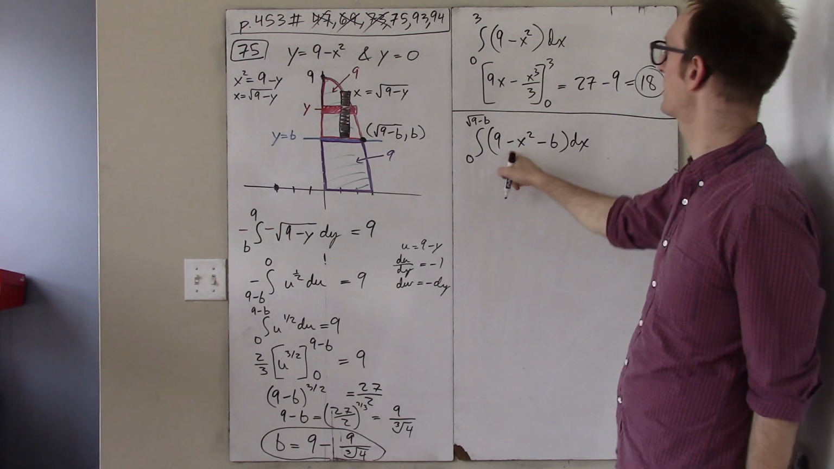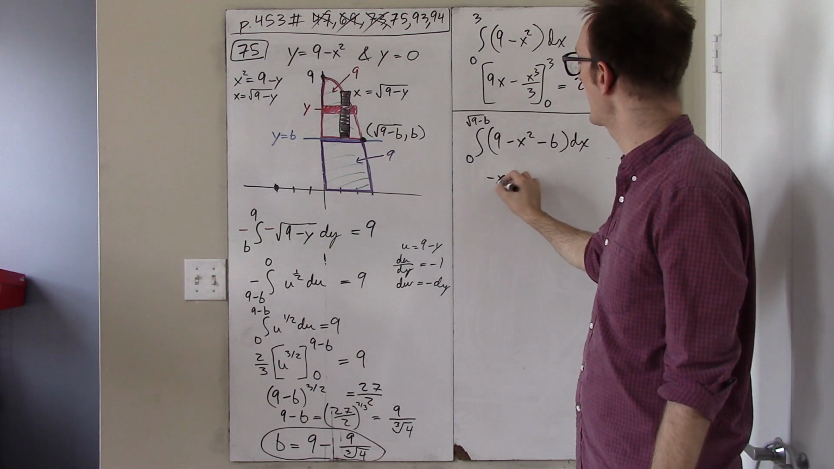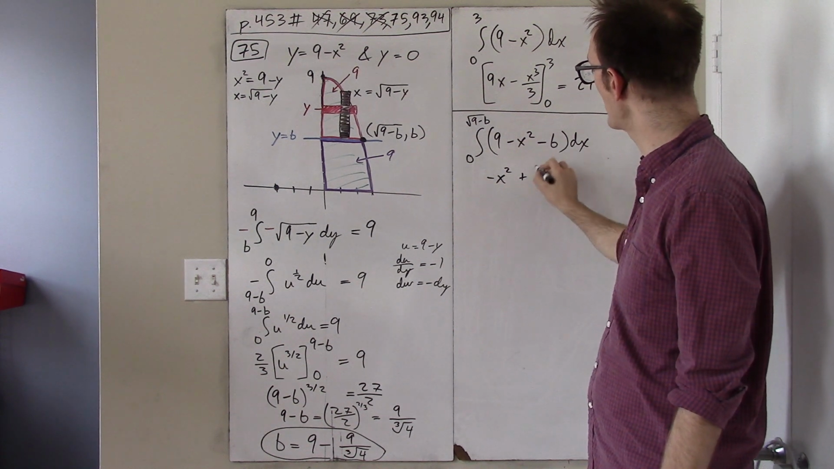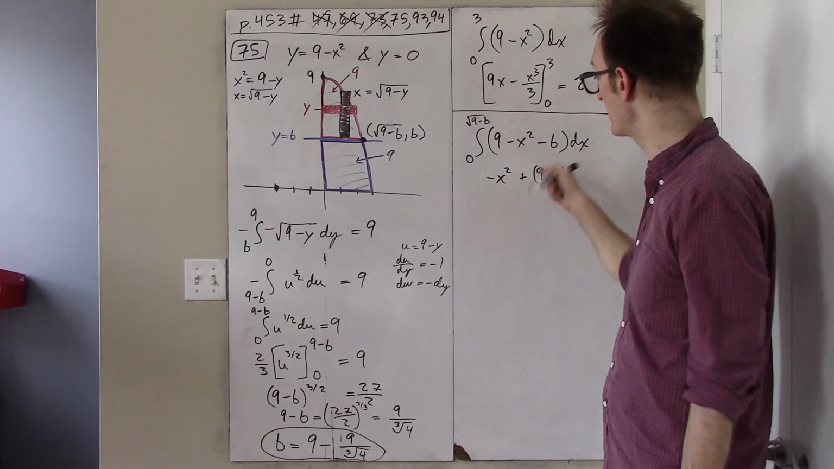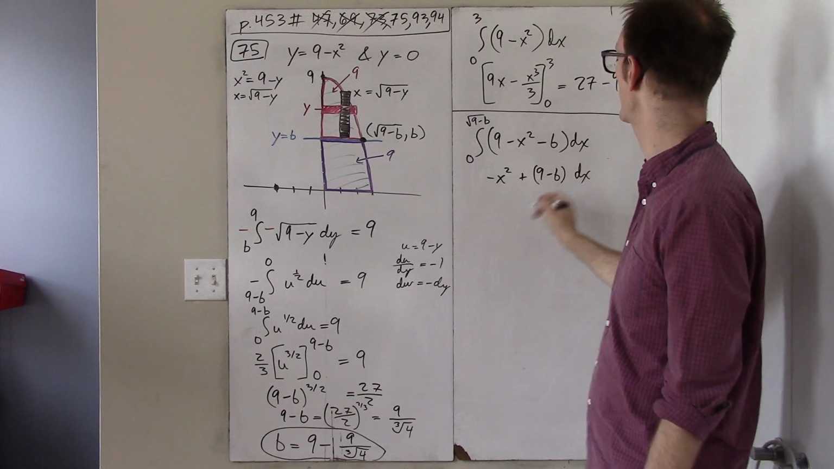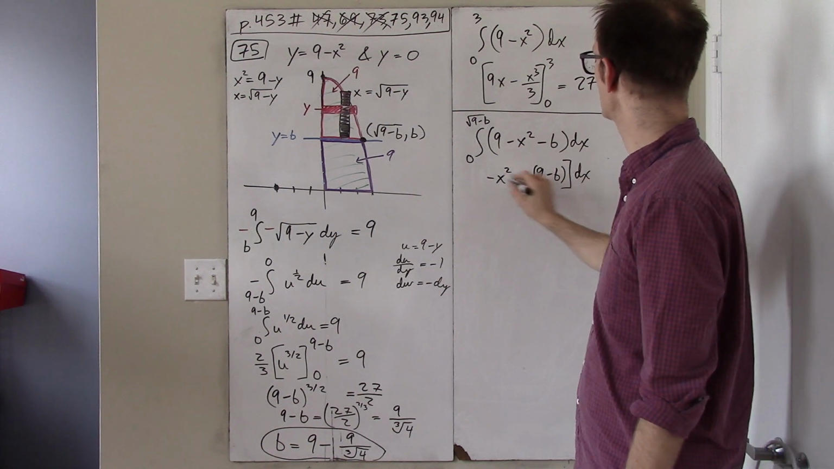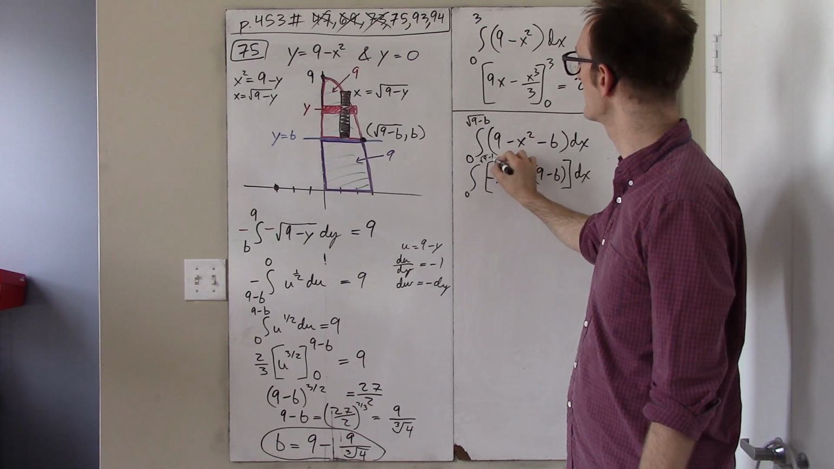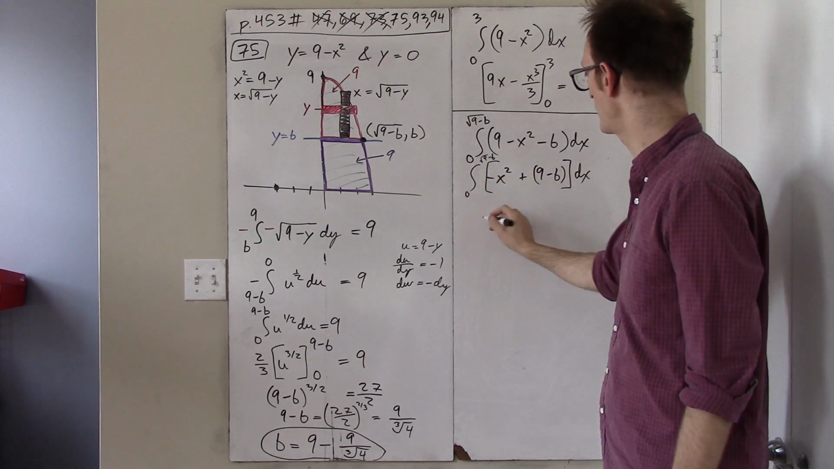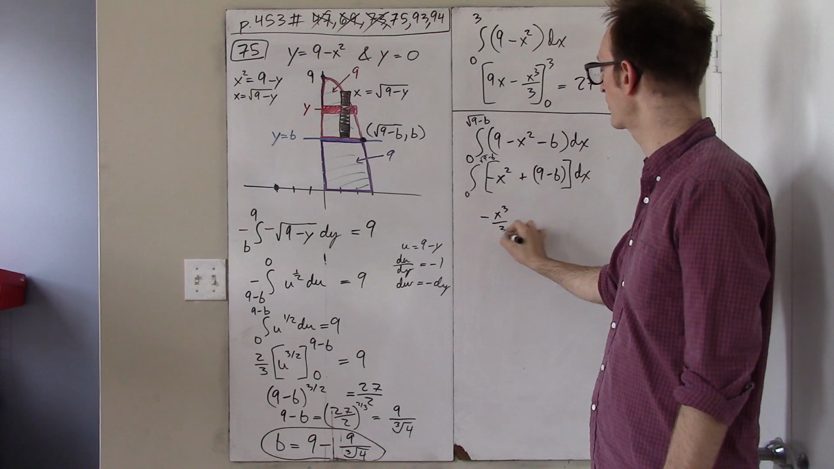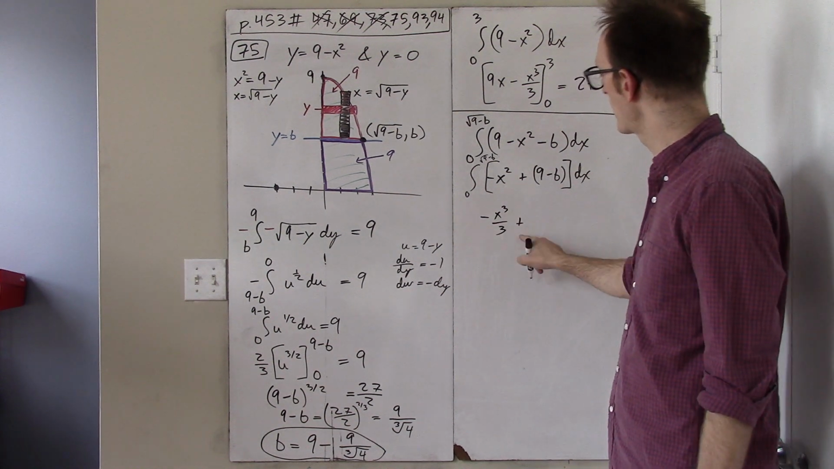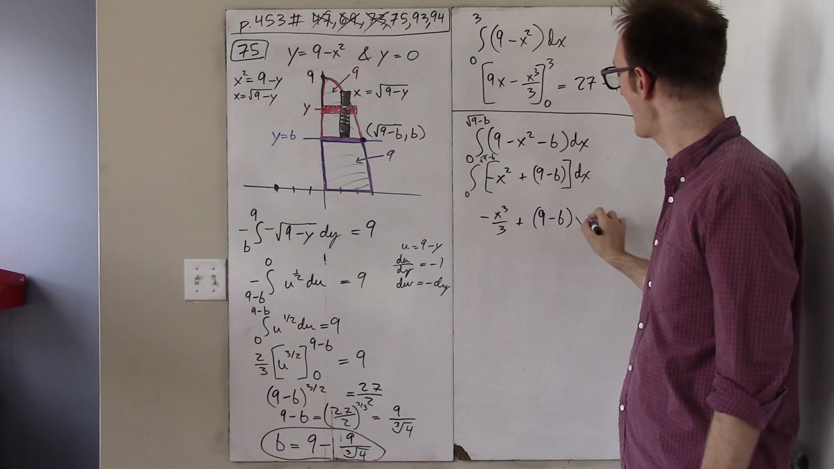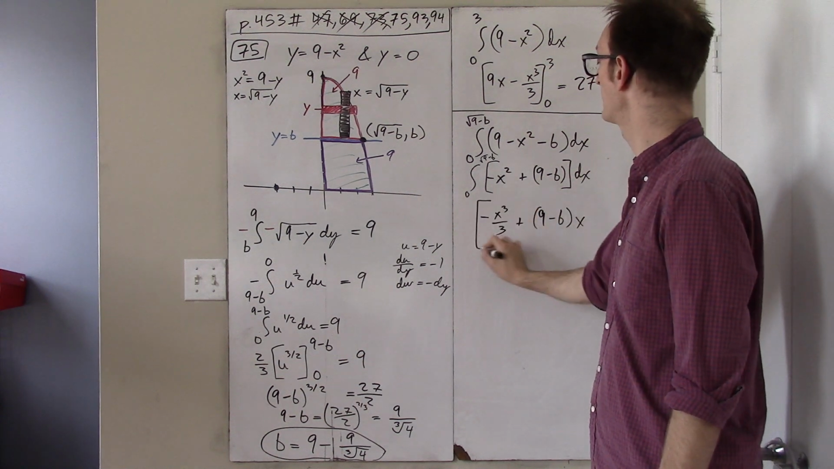This could potentially confuse some people because this is really like negative x squared plus 9 minus b, and you should think of 9 minus b as being a constant, because b is a constant. It's just something I don't know what it is. So really it's that integral from 0 to root 9 minus b. Okay, and then we can just do it, right? This becomes negative x cubed over 3 plus, what's the antiderivative of 9 minus b? Well, it's actually 9 minus b times x. And then all of that